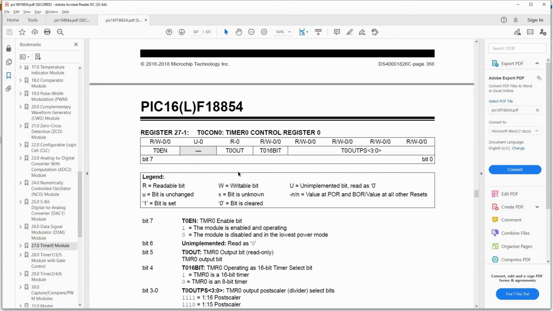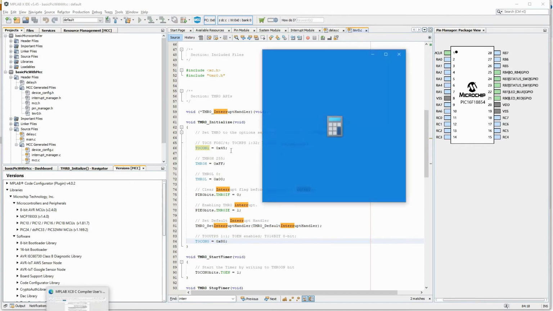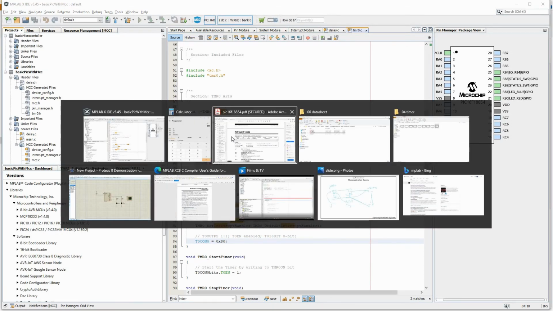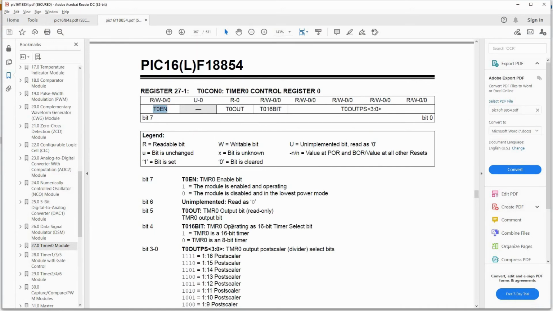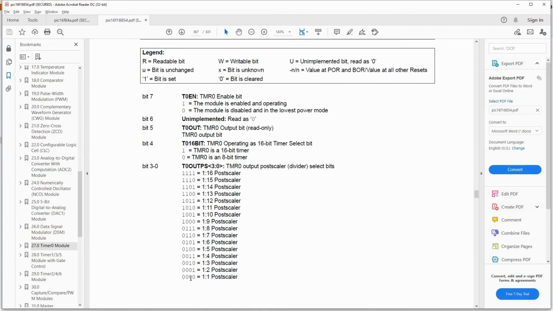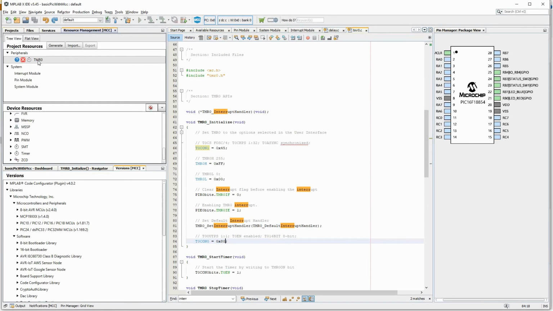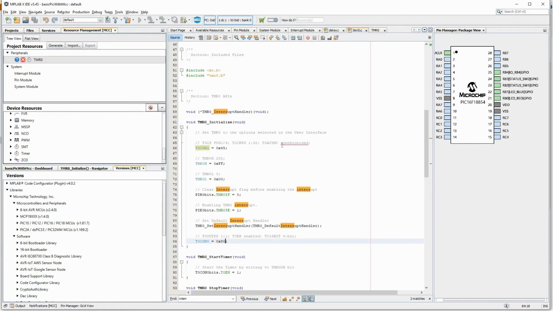registers, so let's see, it has T0CON0. It has done 80. 80 is, let me open the calculator, 0x80. So in binary it will be 10000000. So basically it has set only this T0 enable. So postscaler it has kept it 1:1. So that is exactly what we did in here. Postscaler 1:1.